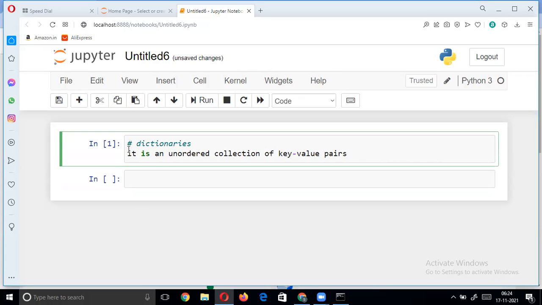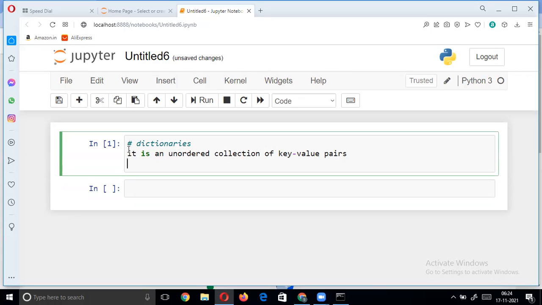All key values will be represented in curly braces. Dictionaries are defined within braces, with each item being a pair in the form of key values.